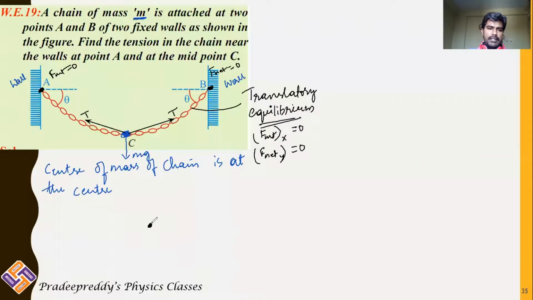Observe carefully. That is point C. At point C, there is a gravitational force acting in the downward direction, which I can write as mg. There is another force acting in this direction, that is tension in the string, and another force acting over there, which is also tension. It is tension T, this is tension T, and this is gravitational force mg. Overall, it is making some angle with the vertical.